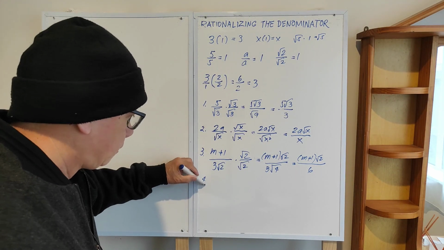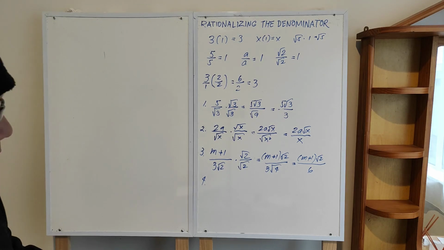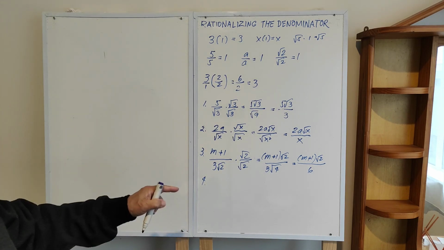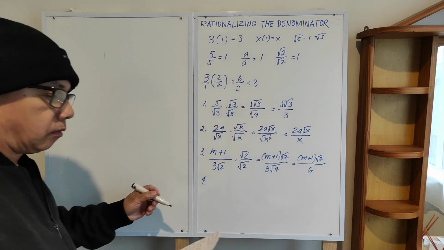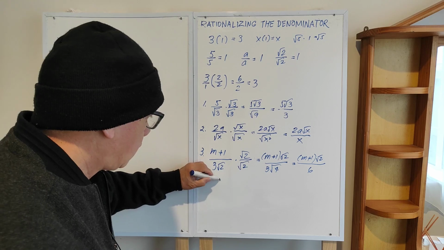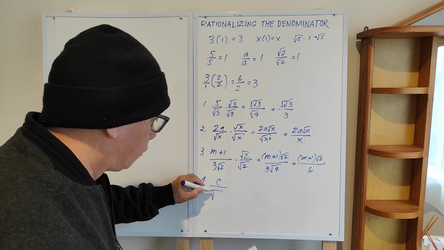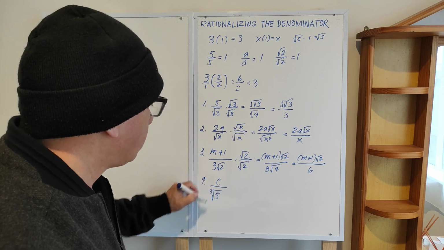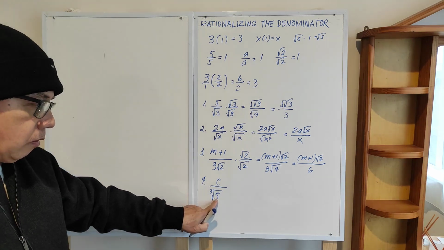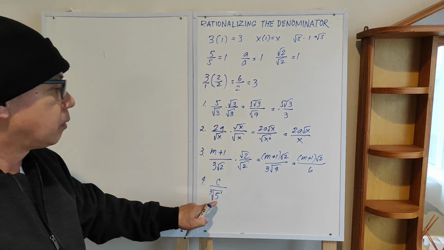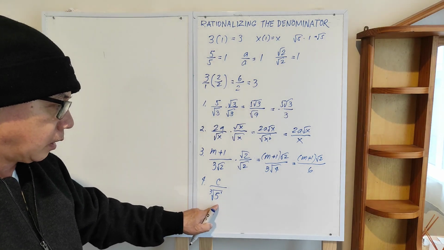Example 4. For example, the denominator is not a square root but a higher order of radical sign. For example, c over cube root of 5. Now to make this into a perfect cube, this is 5 to the first power, so we have to make it into a cube so that the cube root